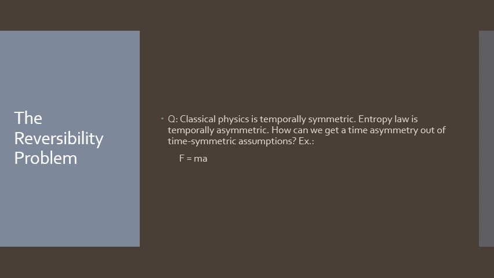Now, this is an example of what I mean about being temporally symmetric. You have laws of physics like F equals ma, the famous Newton's second law. There's no temporal asymmetry in this. You can have a negative F being equal to m times negative a, and that would be an equally good solution. In other words, if you have a certain sequence going forward in time, you can take a time reverse of that sequence and it will still satisfy the laws. So that's what I mean by there not being a temporal asymmetry in the laws.